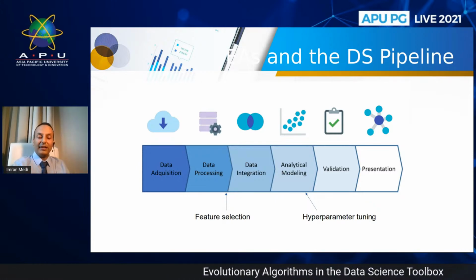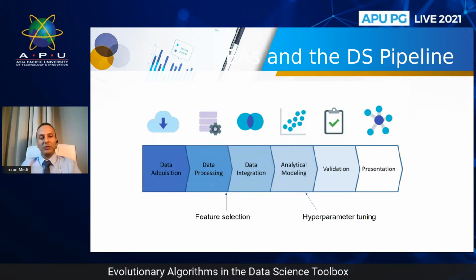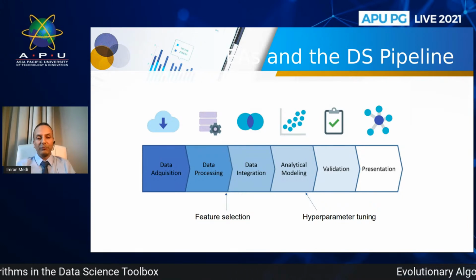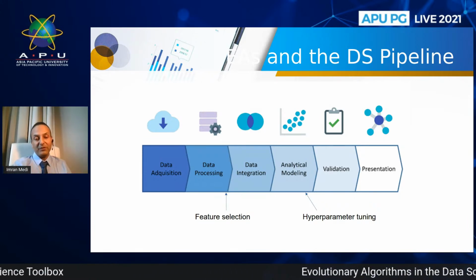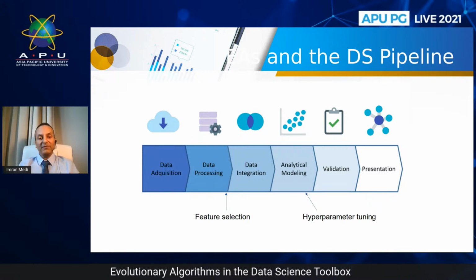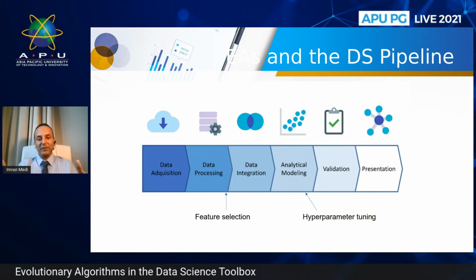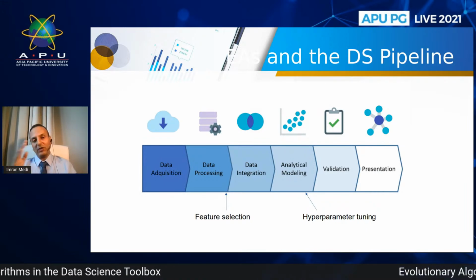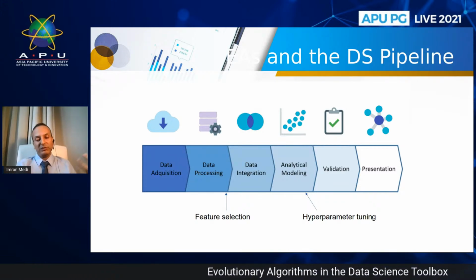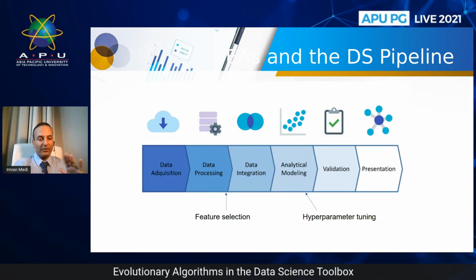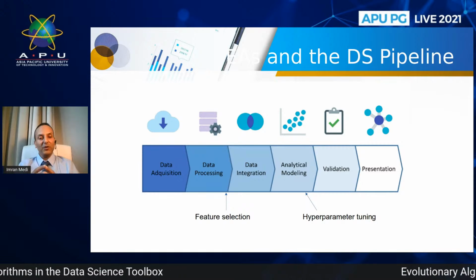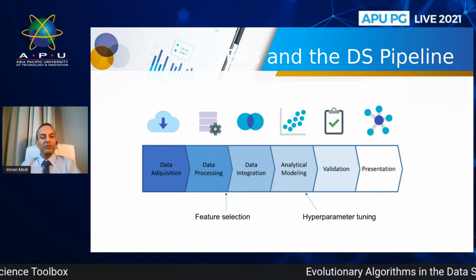So one area that we can look at to leverage the strength of this optimizing capability of evolutionary algorithms is to apply genetic algorithms or evolutionary algorithms to the feature selection process. So what variables, if you think of a data set, if you think of Excel, for example, you've got columns at the top, which represent your various variables, possibly age, date of birth, gender, income, and so forth. So what combination or permutation of variables will produce the right result?